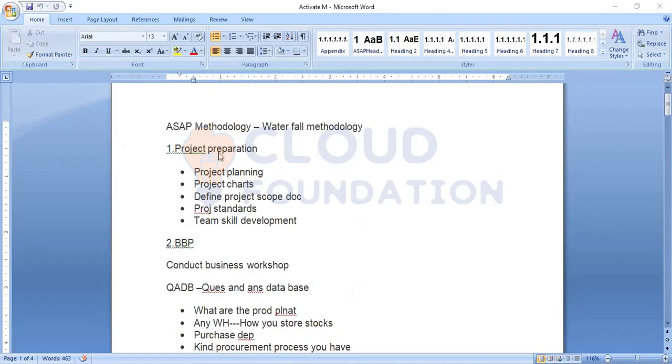That kind of high-level planning happens in the project preparation phase, and with reference to that, we will create a project charter here. It is like a pictorial diagram showing where you will be in the SAP implementation. That kind of project charter is defined by high management.